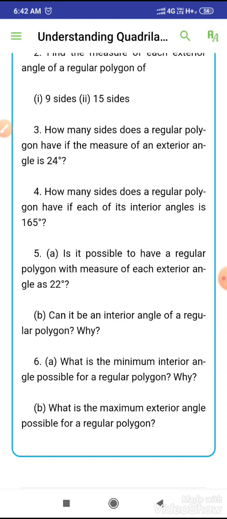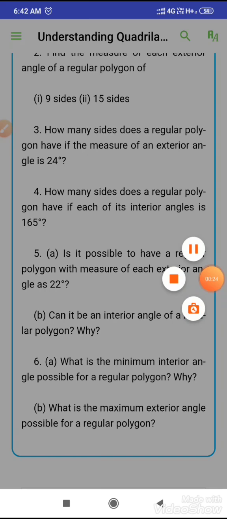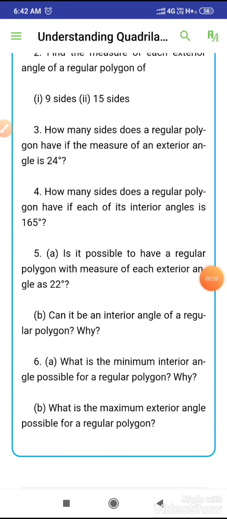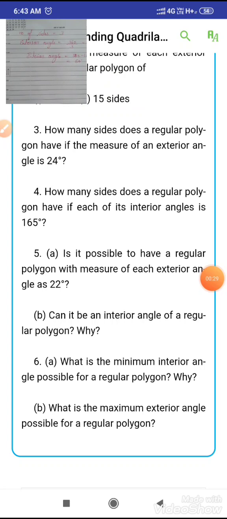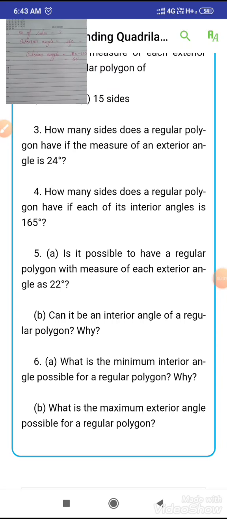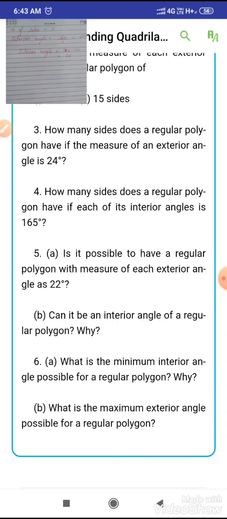First, we know that our polygon is made up of line segments and it is closed, and a triangle is the polygon with the least number of sides. So the number of sides is equal to 3. First we find the exterior angle. The exterior angle is equal to 360 divided by the number of sides, and the number of sides is 3. So its answer is 120 degrees. Now calculate the interior angle with the help of the formula. The interior angle is equal to 180 minus the exterior angle, and the exterior angle is 120 degrees, so its answer is 60 degrees.